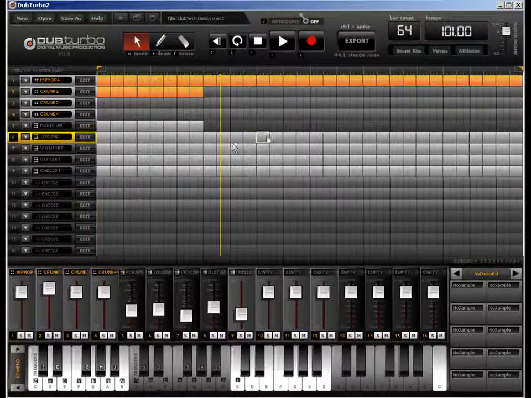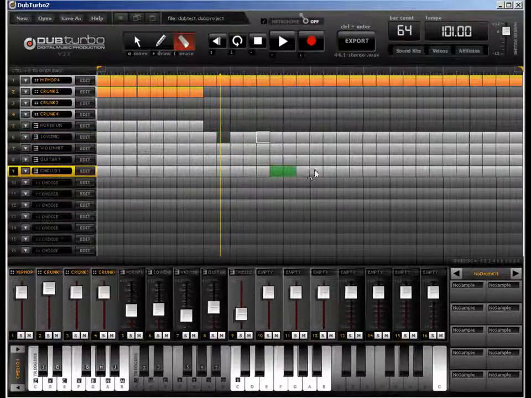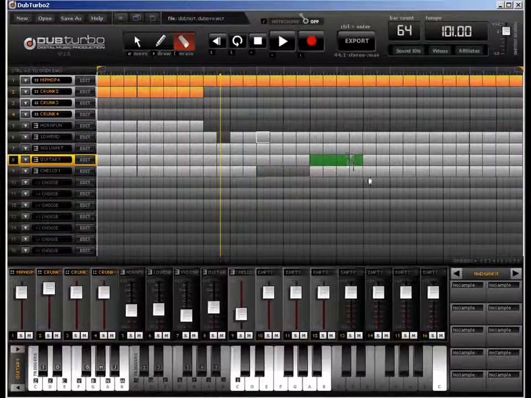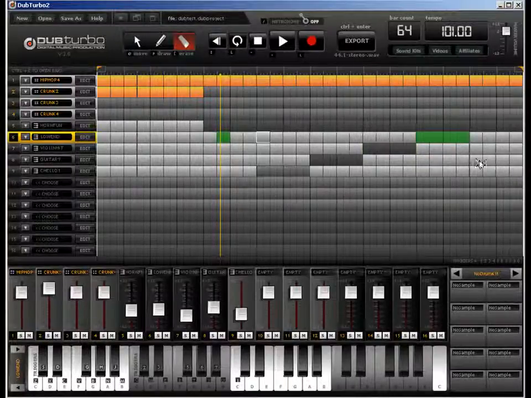Now I can go in here and any of these bars that I edit, it'll edit just that one versus the whole section, obviously, right? So I can do, like, you know, take the bass out for this part here. 1, 2, 3, 4. The second half, maybe I want to take those 4 out. Then maybe I want to take those 4 out. You'll start getting creative with how to lay out and structure